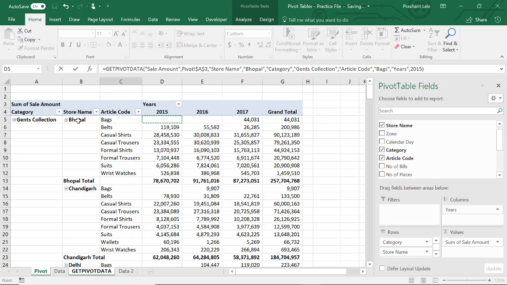Then category, gents collection, and then article code bags, years 2015. So in this we have 1, 2, 3 and 4 criteria: store name, category, article code and years.